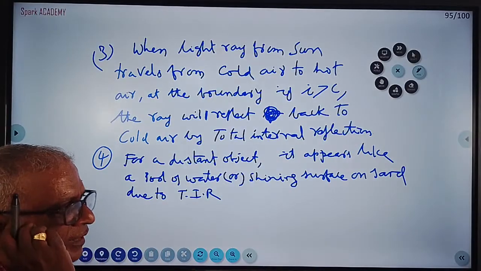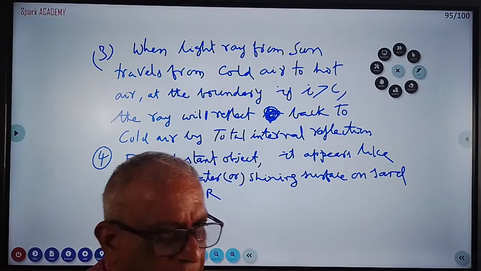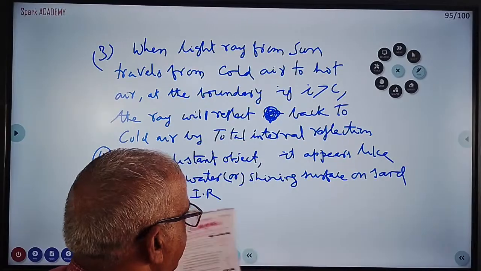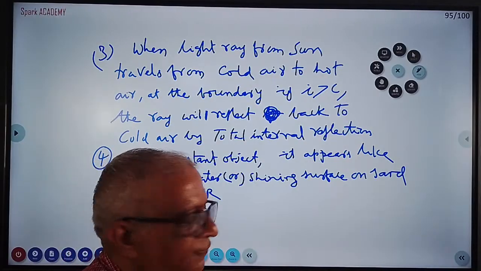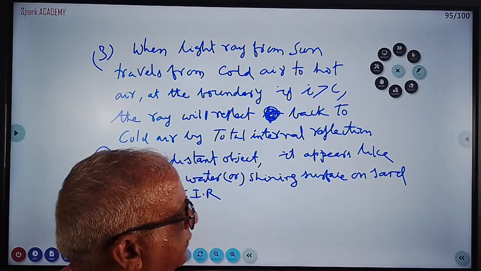TIR means, students, you are writing in examination, don't write abbreviations. Refractive index also, don't write RI. Refractive index only, full, you write in examination. But now you are hearing my lesson. TIR means total internal reflection. RI means refractive index.